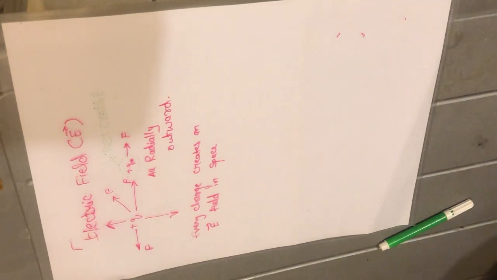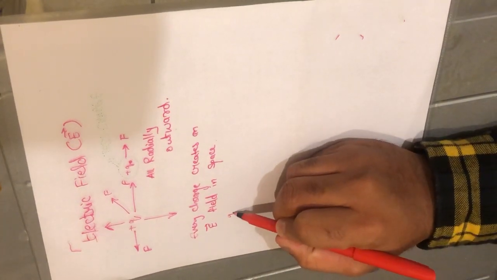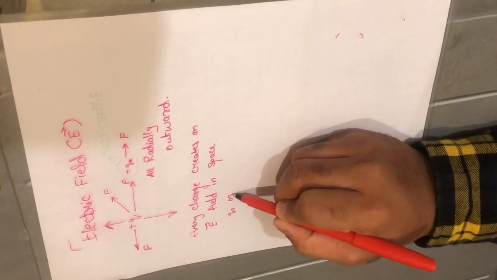Now, there's an assumption we always make, which is practically impossible, where a test charge will have no electric field. In fact, it has an electric field, but we consider it has no electric field because it is infinitesimally small, and we consider it negligible. Now we're going to see that electric charges create an electric field in space, which actually affects the test charge.